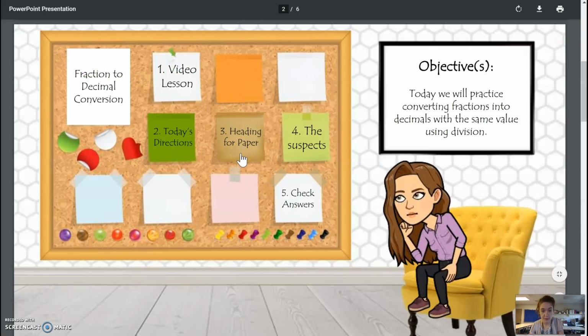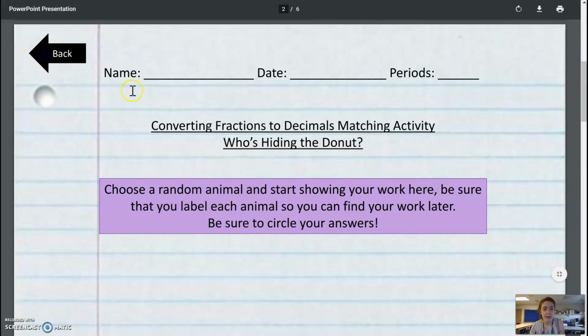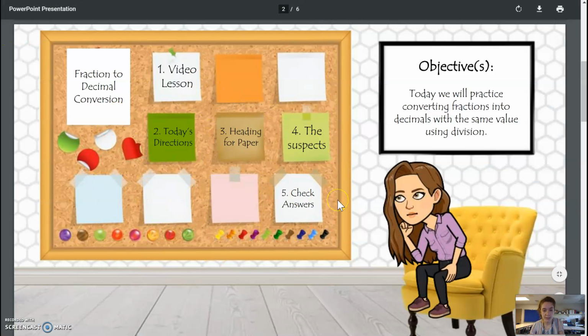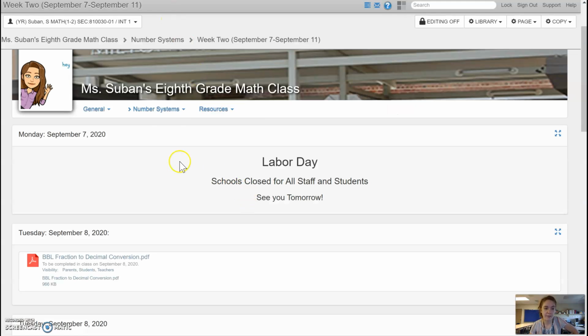Because the students are used to having worksheets, I show them how to set up their paper each day. Now, when it's a bulletin board lesson, most of the time they'll be doing their work on a piece of loose leaf paper and keeping that in their binder. I will indicate on the class website if they will be turning in that piece of paper.